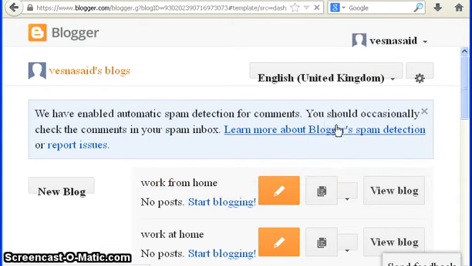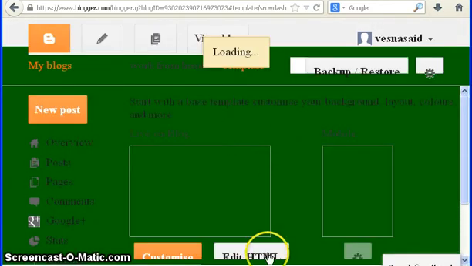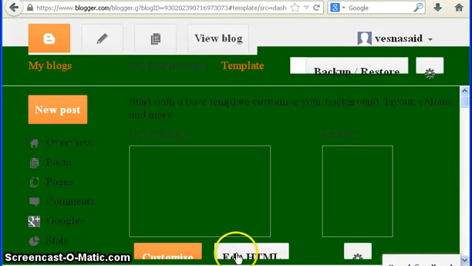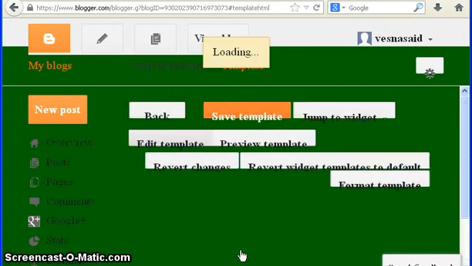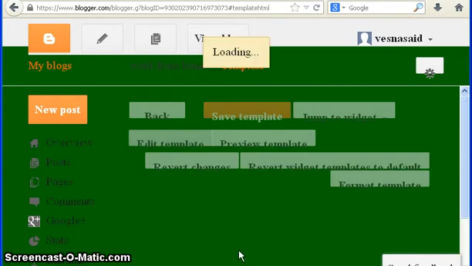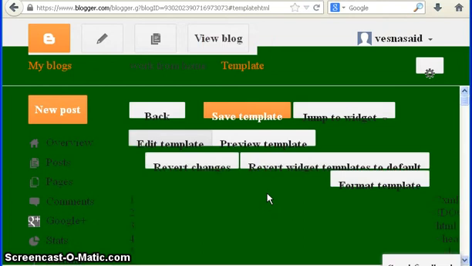Press on template, and after it opened, press on this edit HTML. Just a moment to open it.